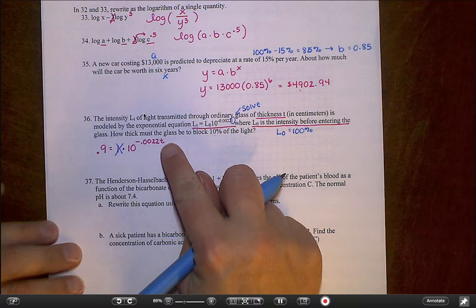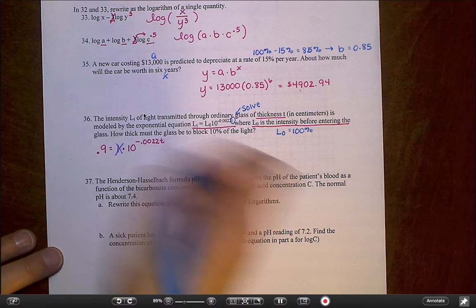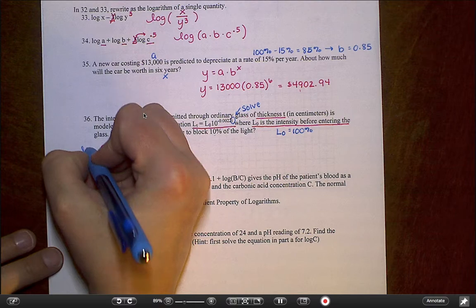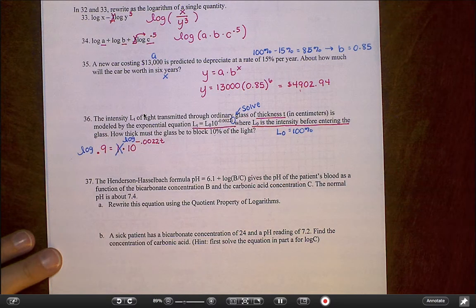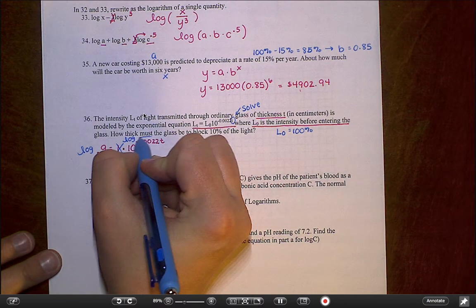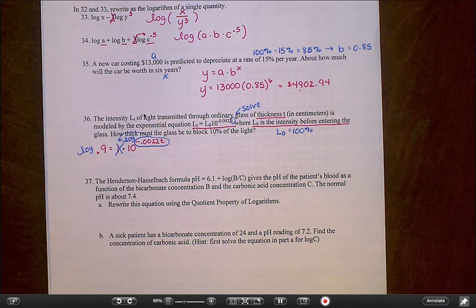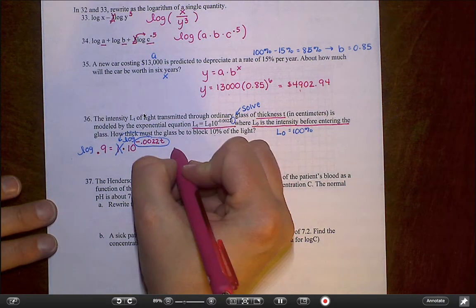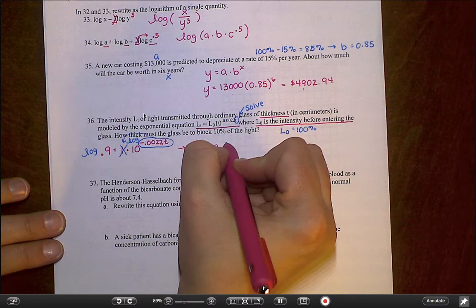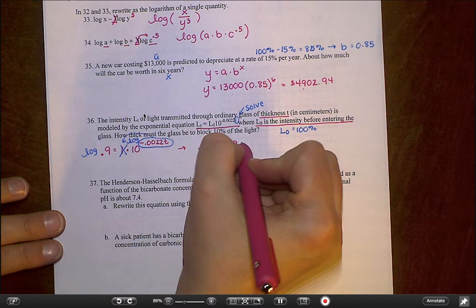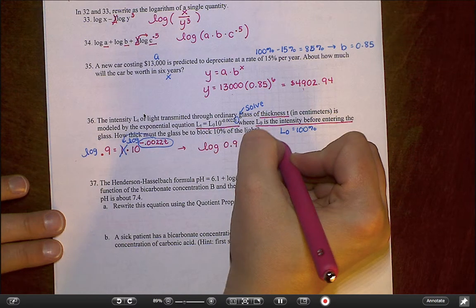And then I've got a variable up in the exponent, and we've kind of already talked about this, that if you have a variable up in the exponent, we're going to deal with it by taking a log on each side. The reason we're doing that is because now I can take this whole ugly exponent and put it down in front of the log 10. So let me write out what that's going to look like. That's now going to say log of 0.9 equals negative 0.0022 T